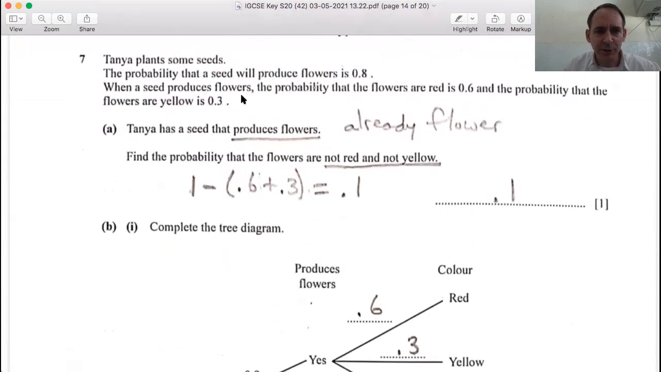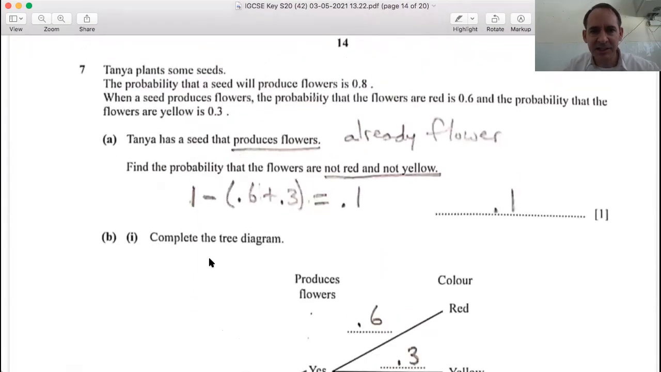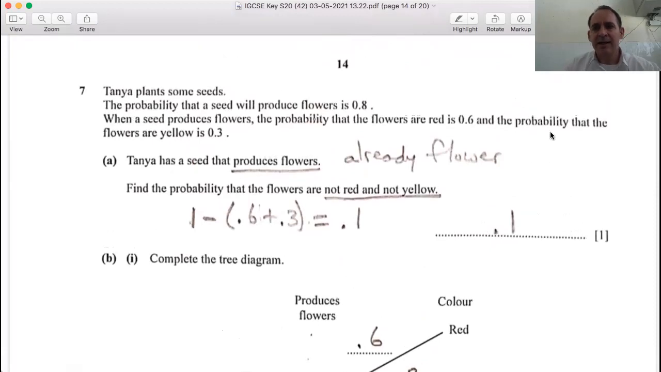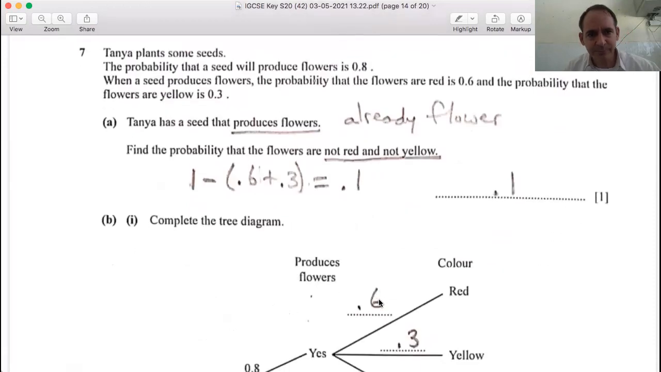Then when a seed produces flowers, that means now we move on to this second branching here. The probability that the flowers are red is 0.6, and the probability that the flowers are yellow is 0.3. So here we have our red 0.6, the yellow 0.3. That means the other has to be 0.1, again, because they all have to add up to 1. Every branch set has to add up to 1. So 1 minus the 0.6 and 0.3, which is 0.9. 1 minus 0.9 is 0.1. Now,